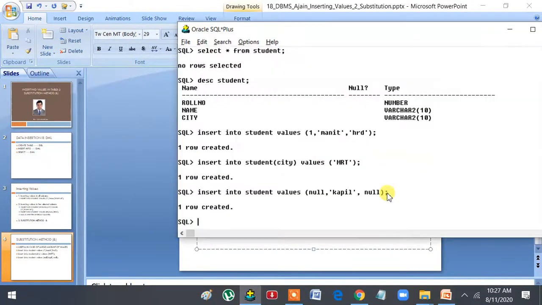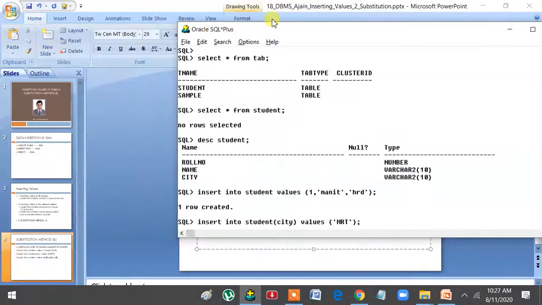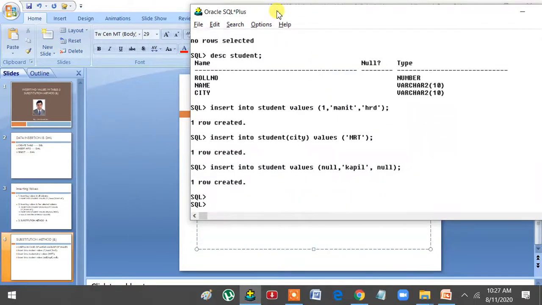Now next is substitution. Substitution means suppose you want to enter multiple values, a large number of values. Then with the earlier methods you have to type insert into values again and again. Although you can copy paste, there is one more interesting method. Let us see that. What you can type: insert. Again I am typing in capital letters, but as I have told you, there is no effect of capital and small other than what you have given in quotes. Insert into student values.